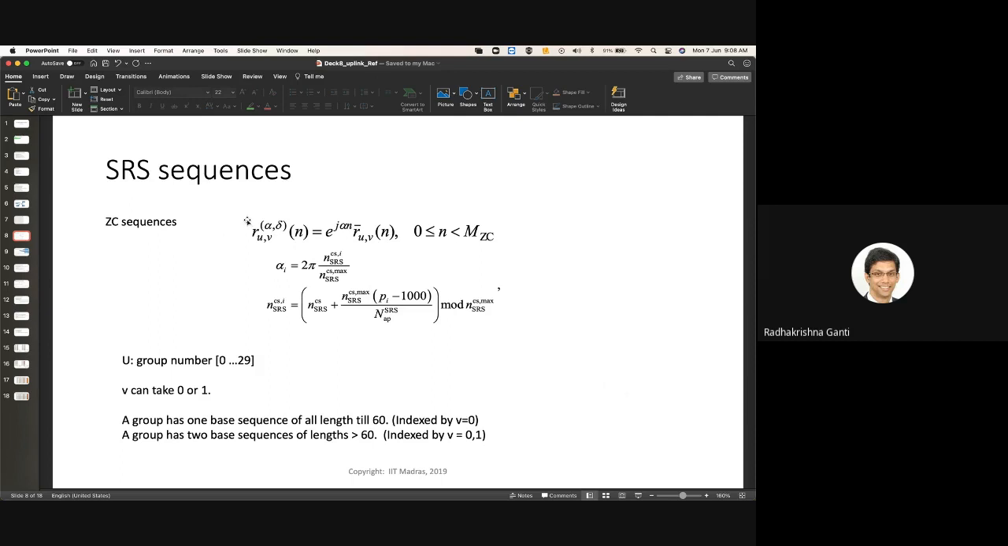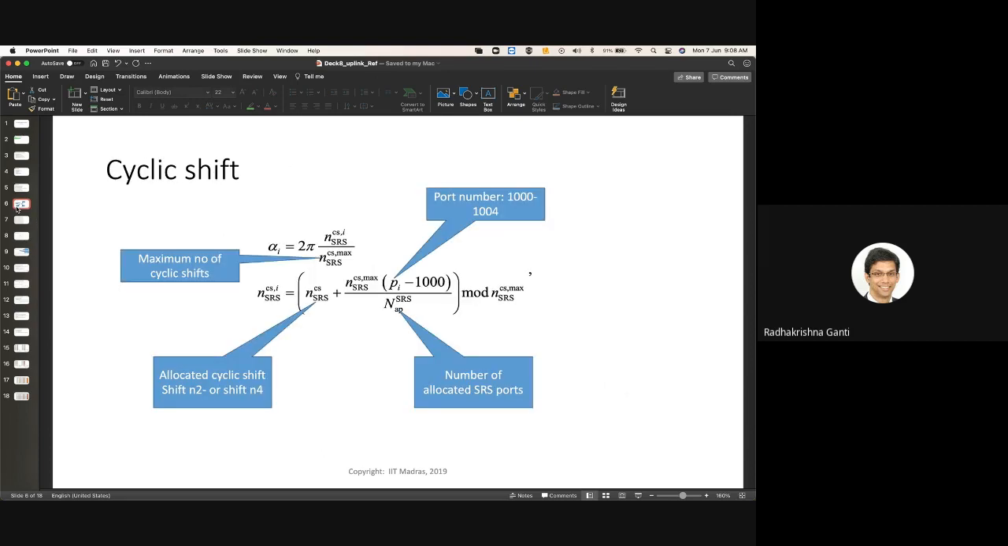In the time domain, cyclic shift means in the frequency domain you multiply with a complex exponential. So this alpha is a cyclic shift. Okay, so how do you choose this alpha? Alpha depends on a lot of things. One of the main things you can see is the cyclic shift. Alpha is equal to 2 pi into n_SRS^CS by n_SRS^CS,max, the maximum number of cyclic shifts, for that particular